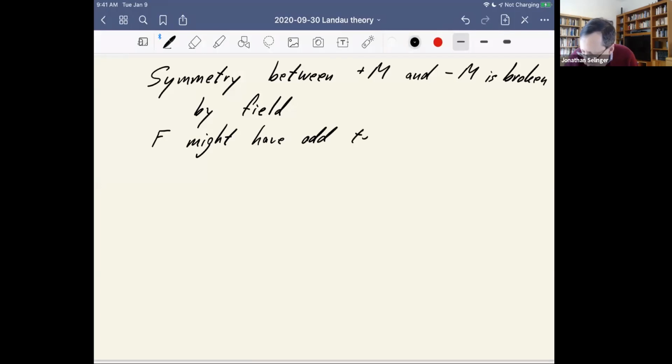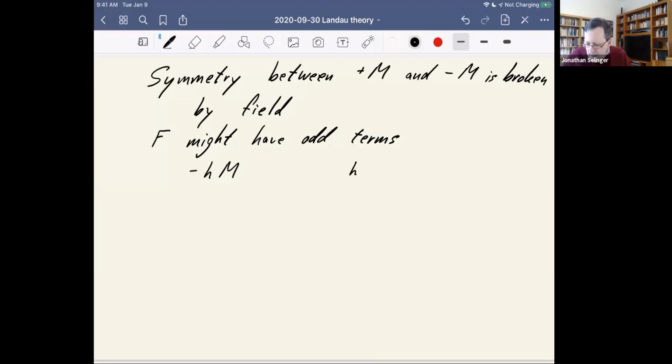So what are some of the odd terms that it might have? Well, it could have a term that looks like H times M. That would be a perfectly reasonable kind of term, because if H has one sign, it favors a certain sign of M, and if H has the opposite sign, then the opposite sign of M. And in fact, let's write it as negative H times M, because that way